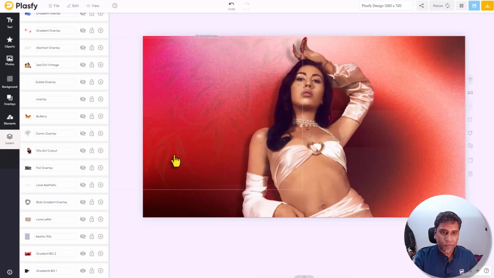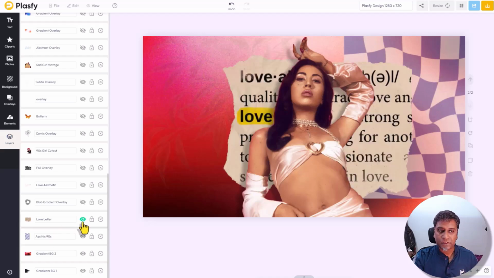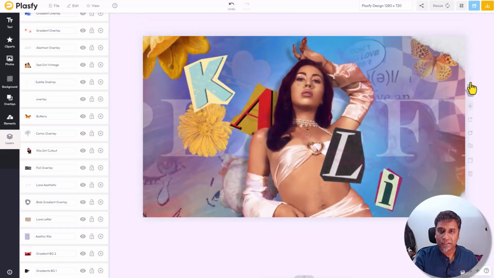You can still see the outline of those leaves here, right? But there's a gradient background added and it already gives a very nice feel. If you're satisfied with this look, you can go ahead with it, add some text in here and finish it. But no, let's go further. Then we added in some aesthetic 90s accent. We have some letter there, you can change it up. It doesn't matter what you add there. Later on, when you keep adding more layers of gradients and opacity and those settings, you can mask all these things and make it look like this, right?